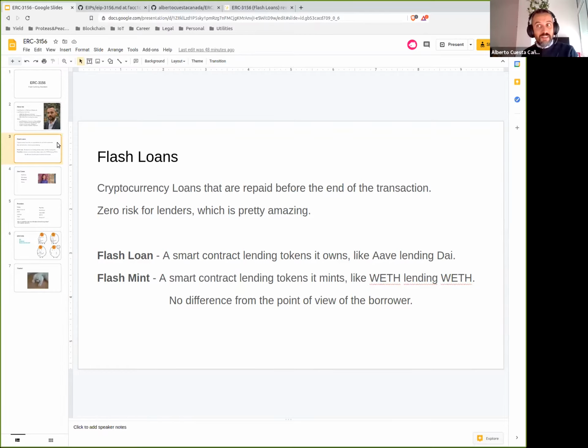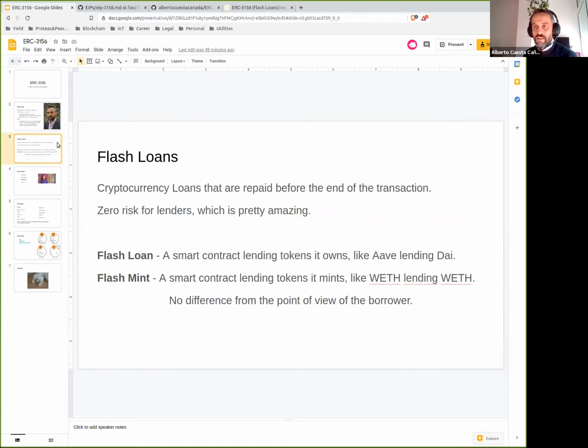I give you the money, but if you don't give it back to me, it's fine. I never gave you the money in the first place. Magic. So that's pretty cool, that you can have a loan with zero risk for lenders. Now the only problem is, so I can have a loan that I know will be repaid for sure.